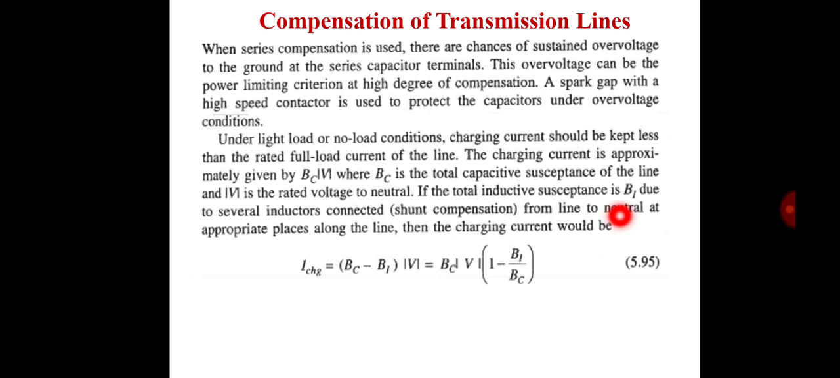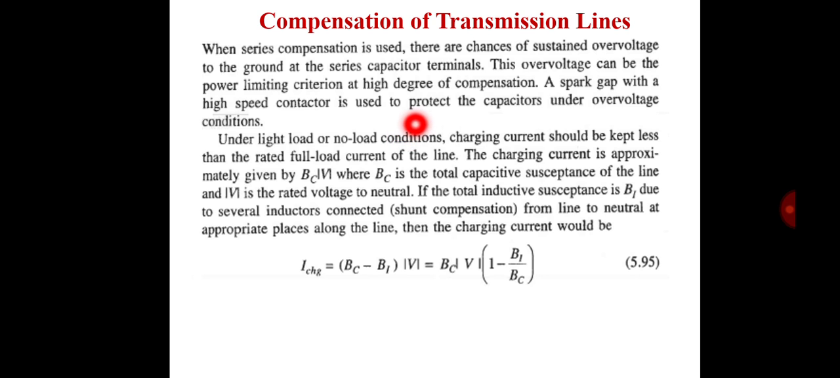When series compensation is used, there are chances of sustained over voltage to the ground at the series capacitor terminals. This over voltage can be the power limiting criteria at high degree of compensation. A spark gap with a high speed contactor is used to protect the capacitor under over voltage conditions. Okay, for over voltage condition, what do we use? A spark gap with a high speed contactor